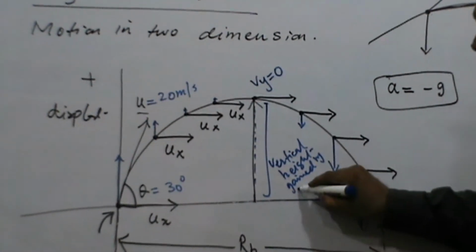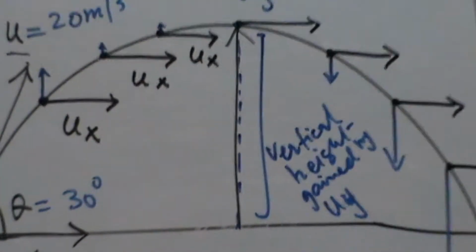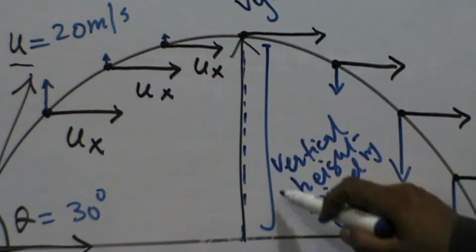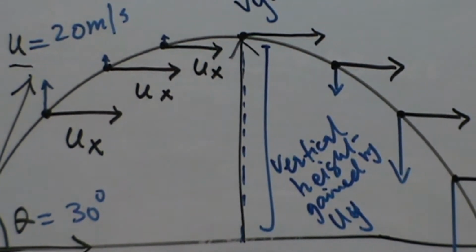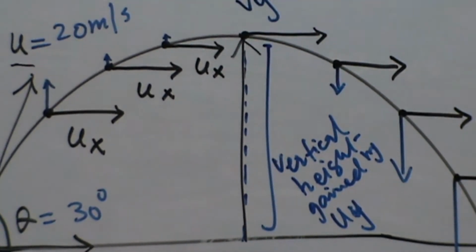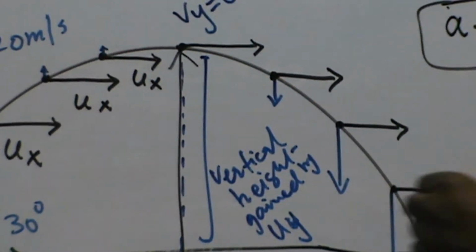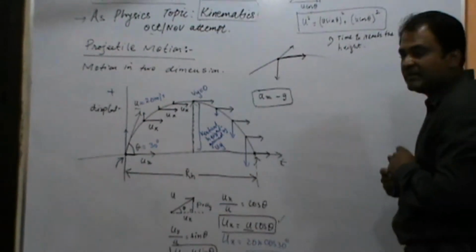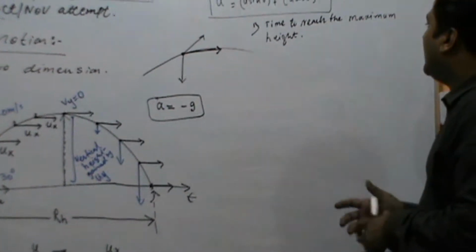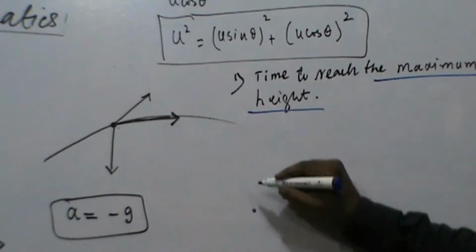यानी वो जो u vertical component है वो responsible है vertical height gain कराने के। जितना ज्यादा vertical component होगा उसकी height उतनी ज्यादा बढ़ेगी, यानी vertical जो height आ रही है आपके पास that is gained by the vertical component. Vertical component is involved because we have divided the motion independently into two axes. अगर initial velocity u है तो उसका vertical component, simple है, and call it whatever you like. Time to reach the maximum height पे पहुंचने के लिए we assume that the initial vertical component of the velocity,